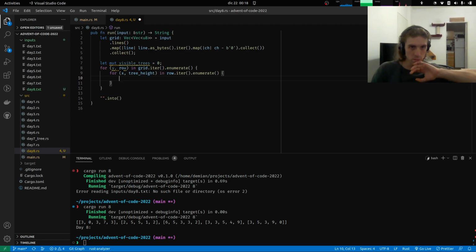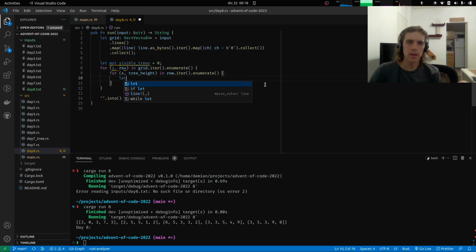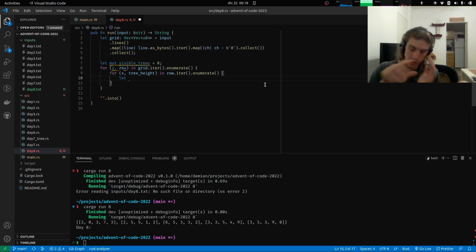So now that we have the tree height, we should check what is the condition. So if all of the trees on the left are smaller, or all of the trees on top are smaller, and so on. So it's an OR condition between the 4 directions. So maybe we can put all the trees in each direction into 4 different iterators. So let's say